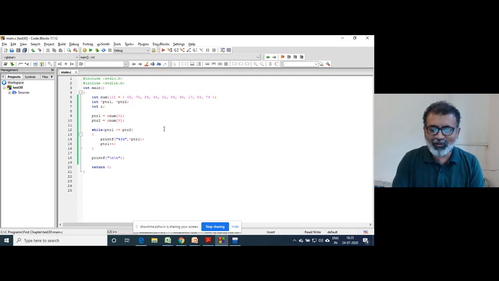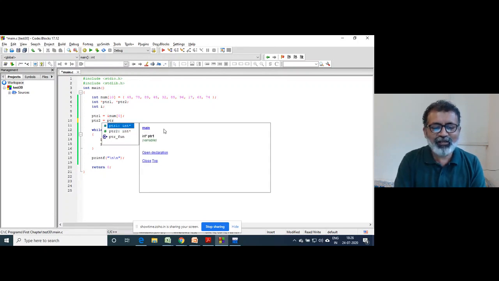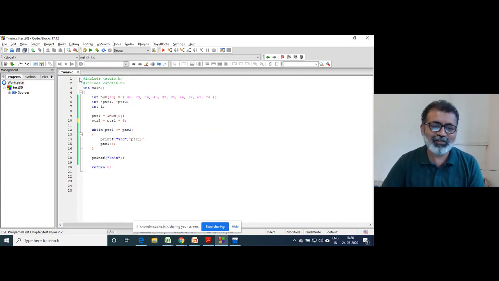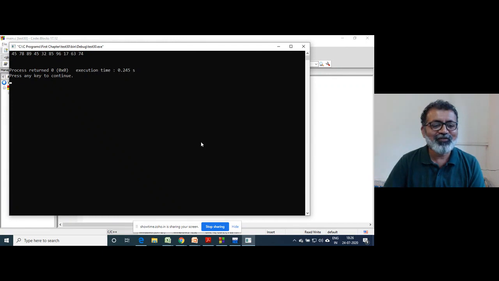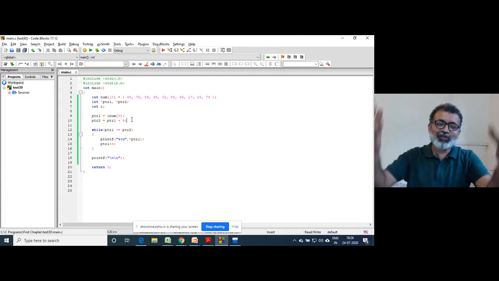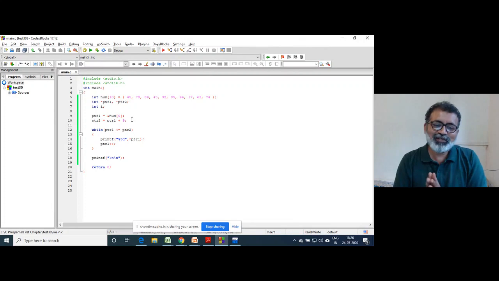It may happen that somebody writes ptr2 = ptr1 + 9 instead of storing the address of the last element.